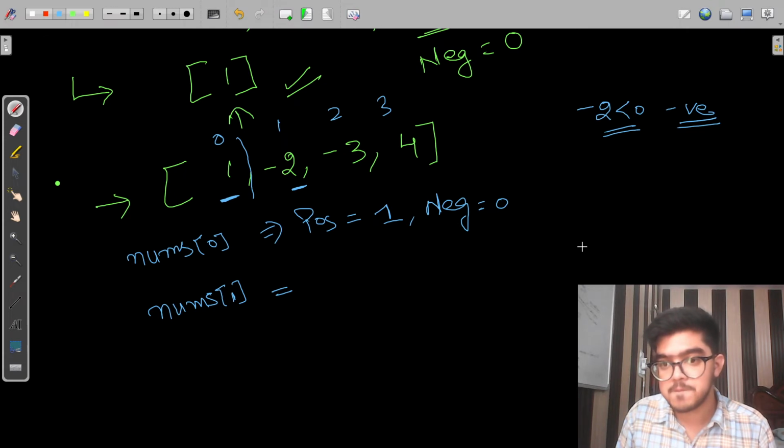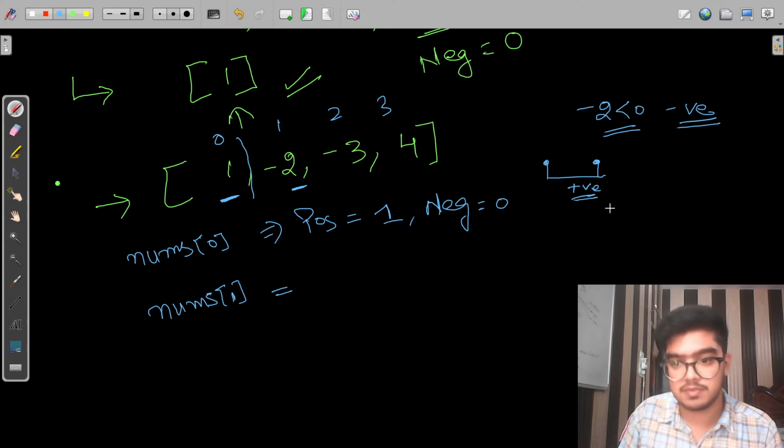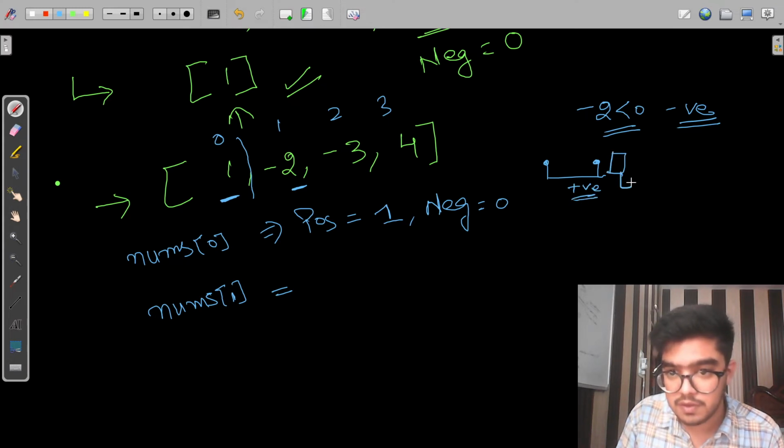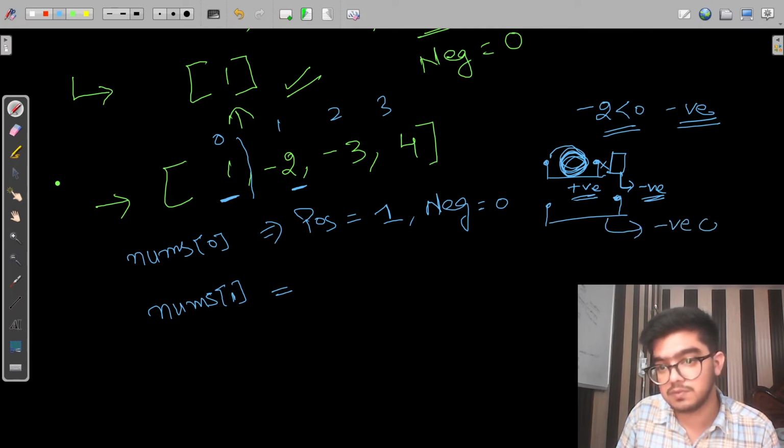Now, if from this position to this position we only have positive values, and at this position we get a negative value, and we multiply all these resultant multiplications with this negative value, can we say that from this point to this point all of these become part of our negative count?